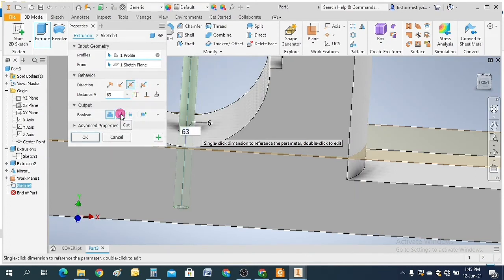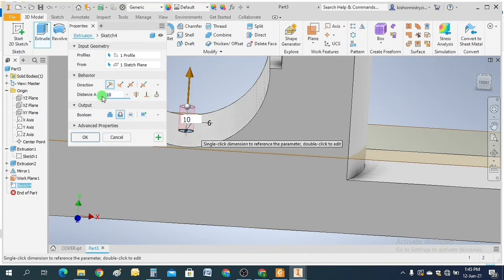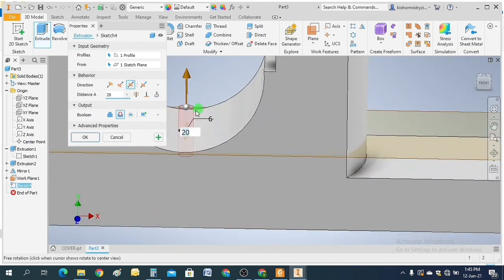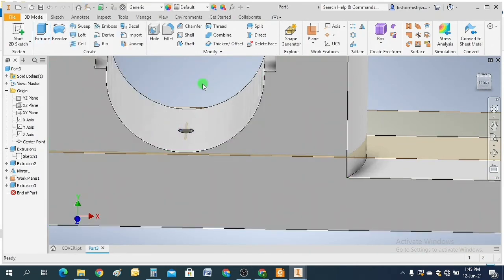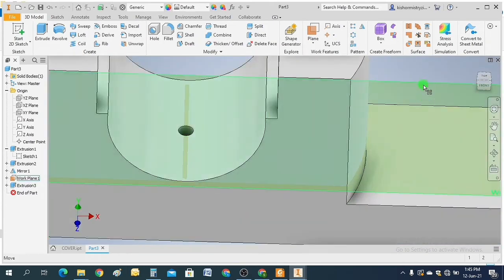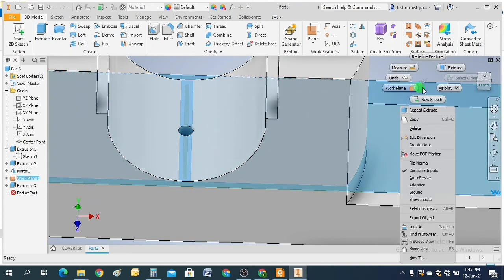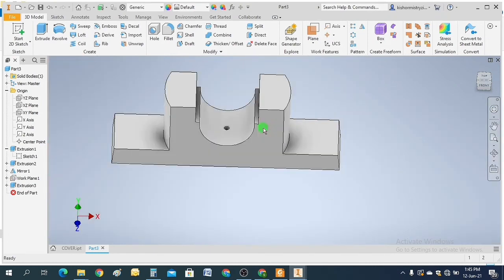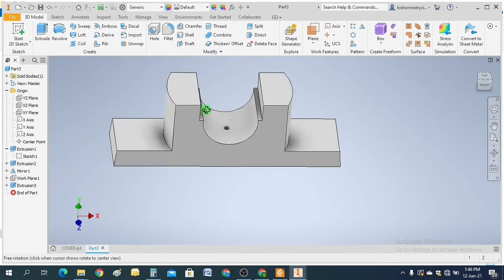I want to remove the material, cut, give dimension 20, both sides, each side 10, click OK. It has been created. Hide this plane: right click on this plane, click visibility, and it will be hidden.